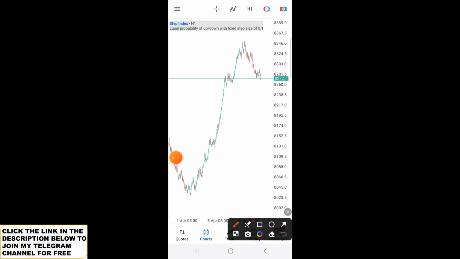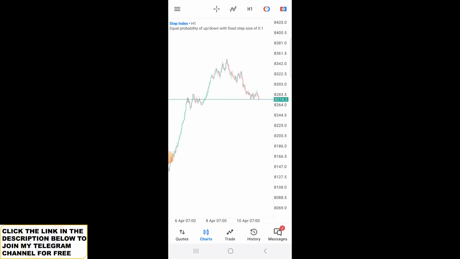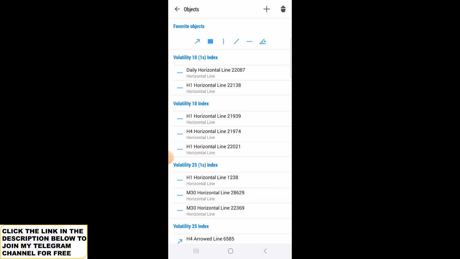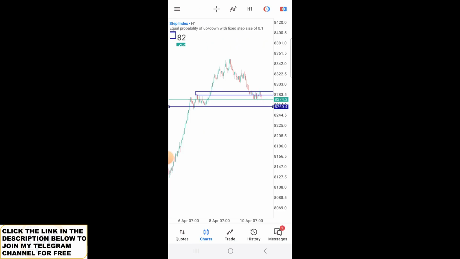Now, getting back to our video, on the 1-hour time frame, we can see that the market is on a retest to the previous higher high of this uptrend movement. Hence, this zone is our area of interest as the potential buyers of this market. And this blue line here will be our exit point in case the market fails,